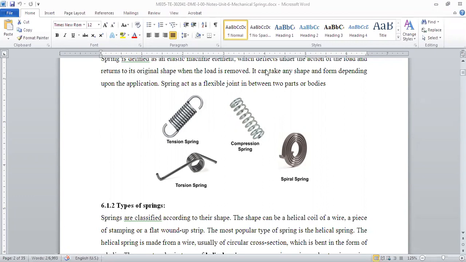Compression spring, any application? You guys use it every day. This compression spring, you use it every day in your hand, compressing it. What is that? What do you guys use almost every day, where the application of a compression spring is there? Bike brakes, sir.